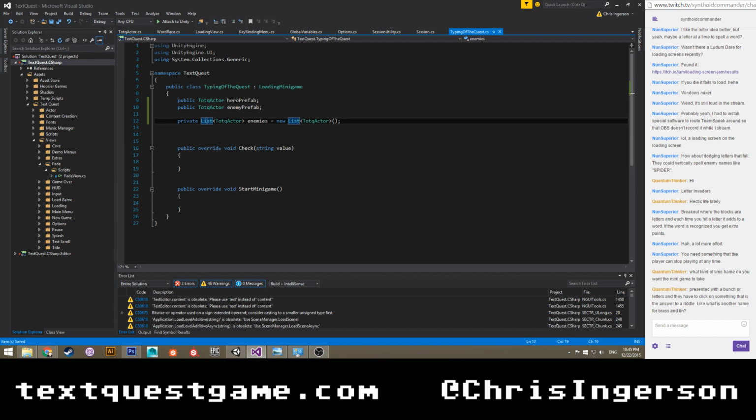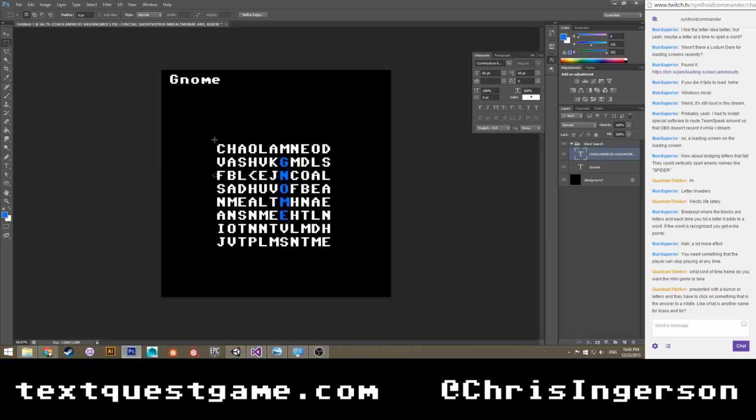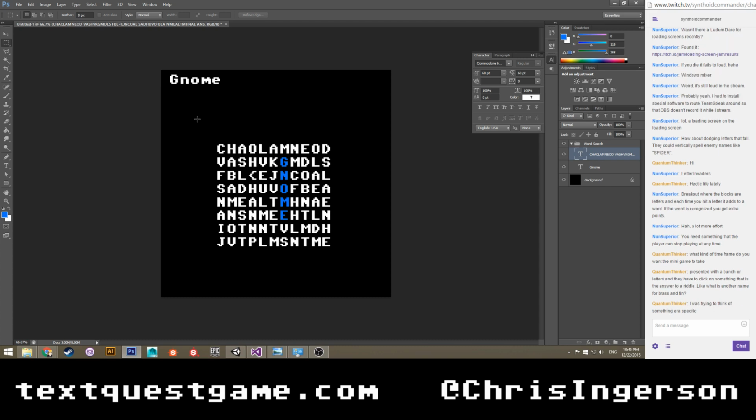Presented with a bunch of letters and say they have to click on something that doesn't answer to a riddle. Yeah, we talked a little bit about doing something like this. So like a word search. In this case, say you wanted to find gnome, so gnome would be here. But the only problem I have with doing word searches or randomized letters and stuff like that would probably